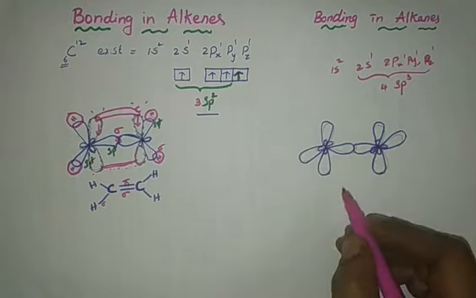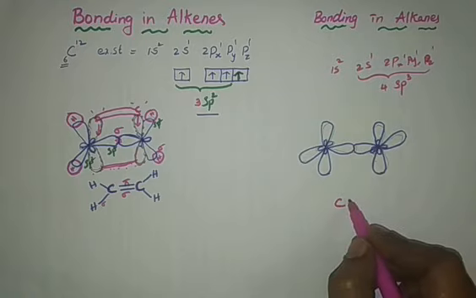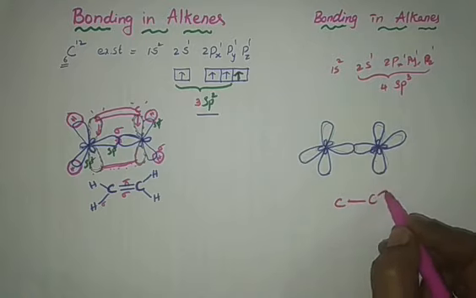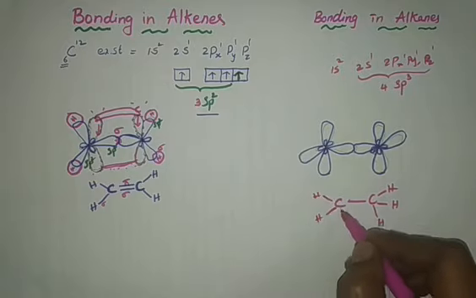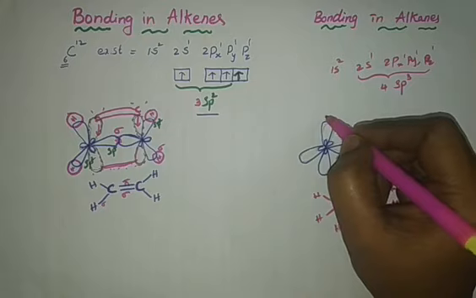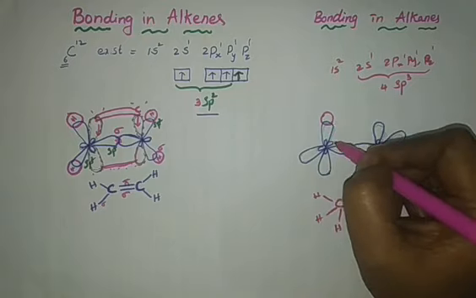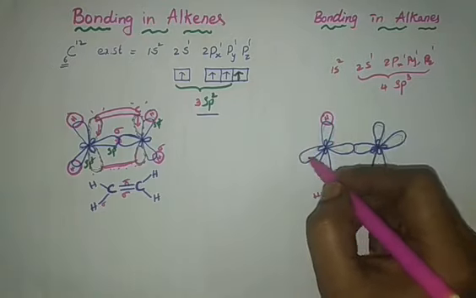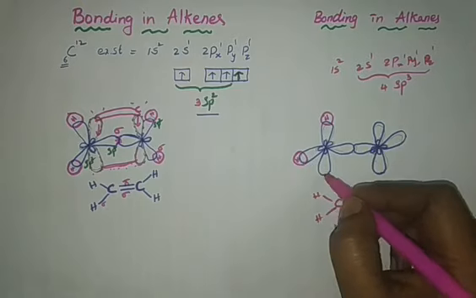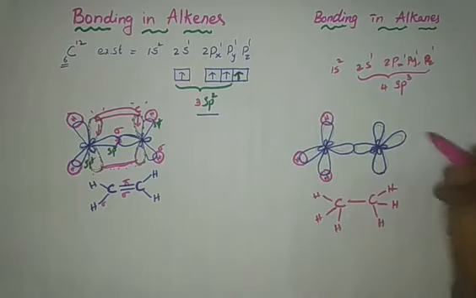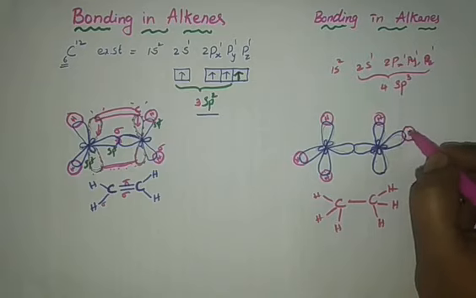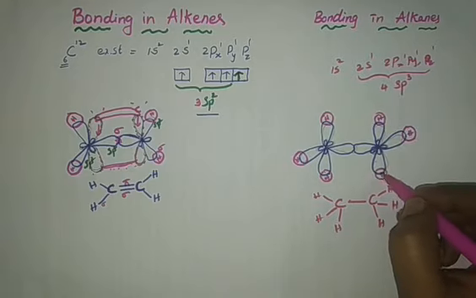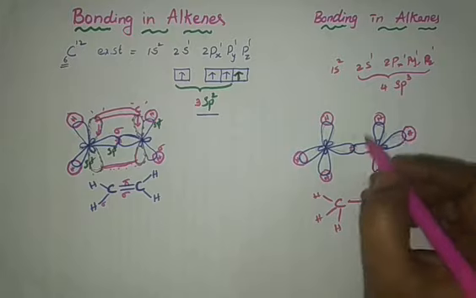See, this is one carbon. Let me take this one as ethane, right? 1, 2 and 3, and similarly for this 1, 2 and 3. And here also this hybrid orbital has 1 electron and hydrogen 1 electron. Hybrid orbital 1 electron and hydrogen 1 electron. So they combine to form all sigma bonds only. There is no pi bond here. So this is also head-on overlapping.